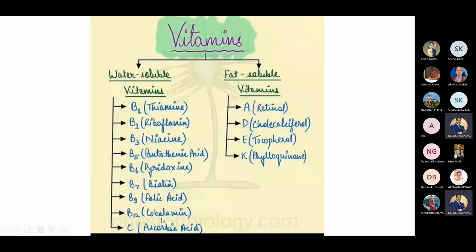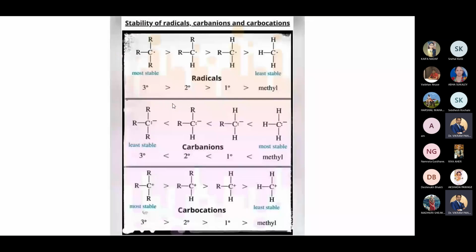In some cases, this cyanocobalamin, vitamin B12, is also asked for 2 marks. Which metal is present in this vitamin B12? So cobalamin means cobalt is present. Okay, and these are water soluble, that means they are fat insoluble, and these are fat soluble, that means they are water insoluble. Such types of questions might be asked in the question paper.